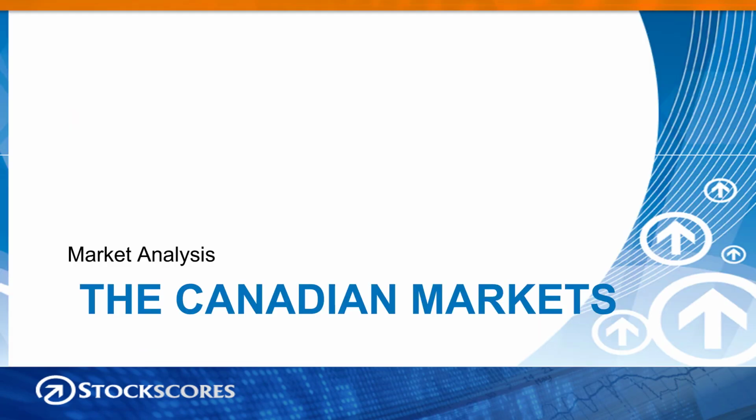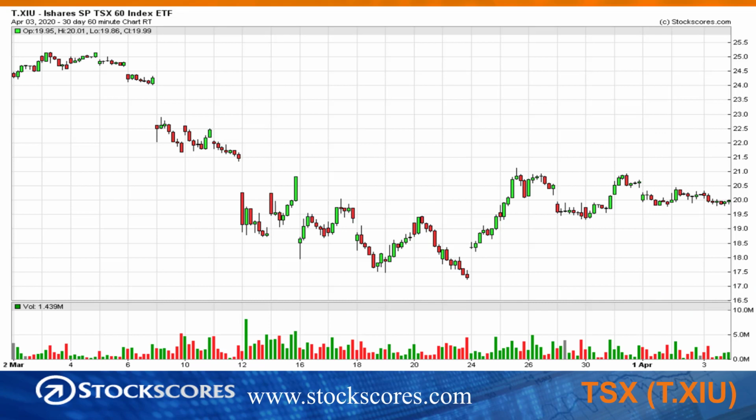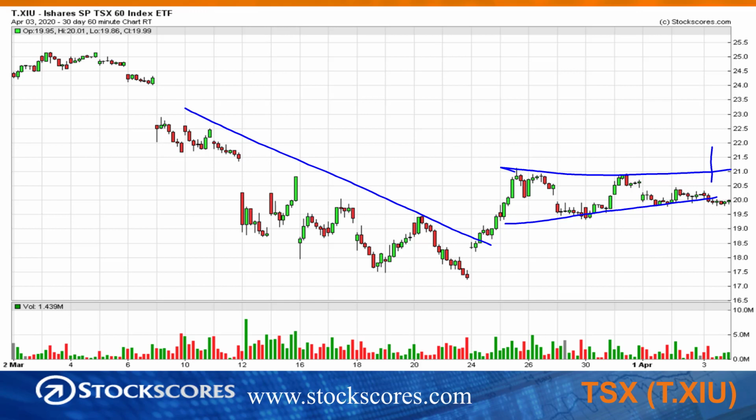On to the Canadian markets, and you can see something similar. We've broken the downward trend line. We're now building this sideways pattern, which is like building a foundation for the next leg of the move. Do we break up through 21? If we do, that's a bullish buy signal. If we break down through 19.5, well, we may very well test the lows again. So watch these market charts on that intraday time frame, a 60-minute chart, a 30-minute chart, and watch for the